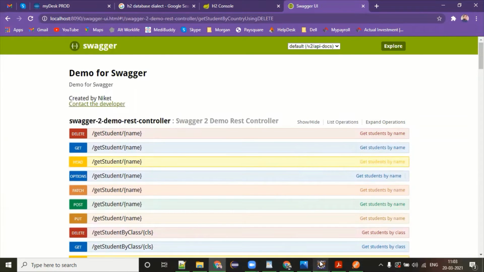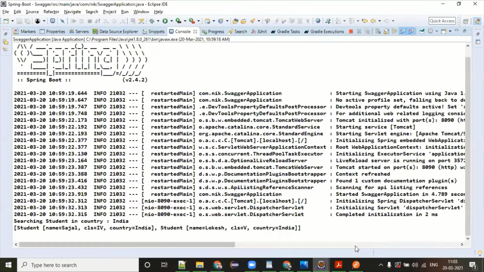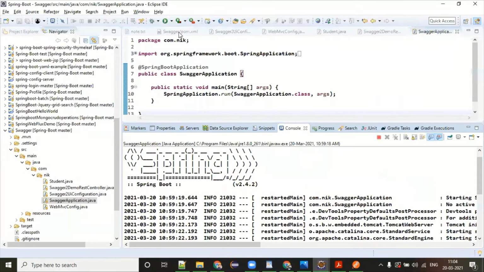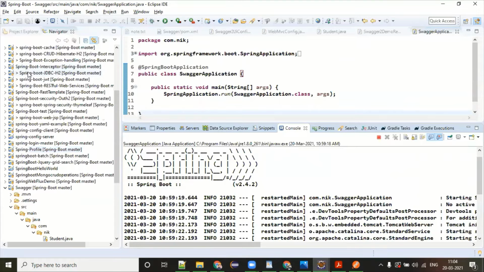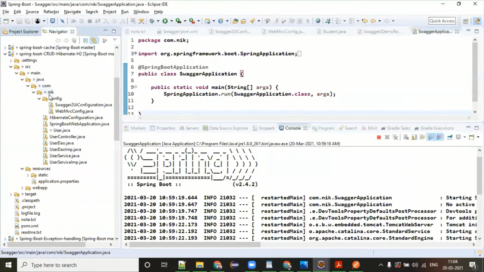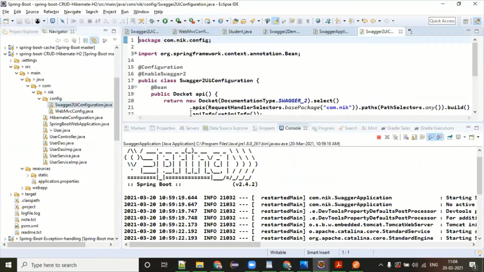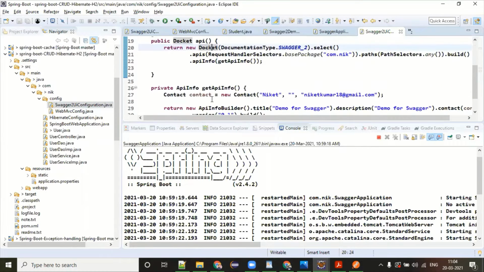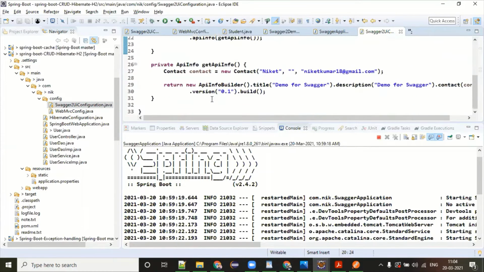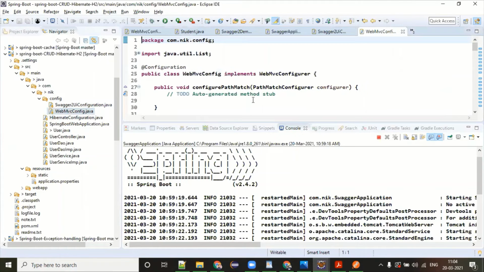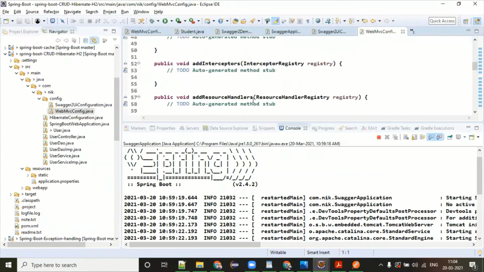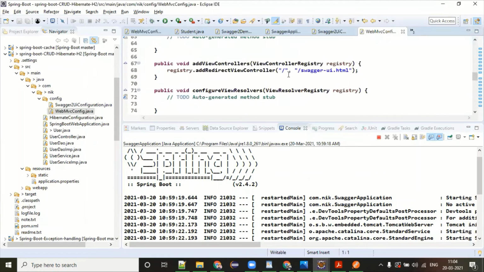Okay, cool. Similarly, in the previous Hibernate application which I showed you, I have enabled Swagger there also. I didn't talk about this configuration right now, but now you can easily refer to it. I did the same thing here also, and we have a WebMvcConfigurer, which is going to redirect to swagger-ui.html.